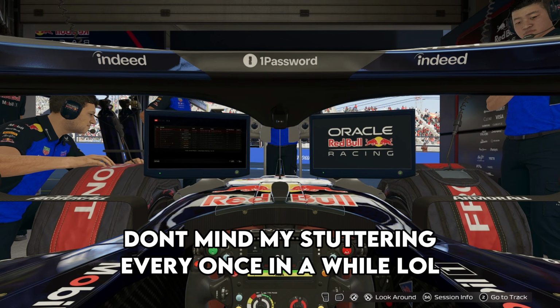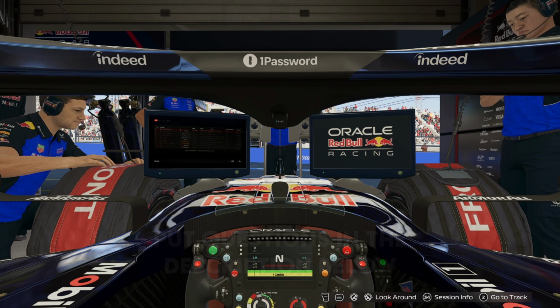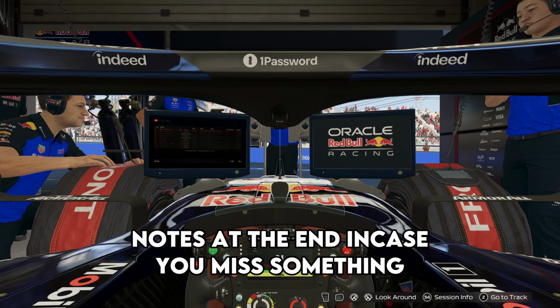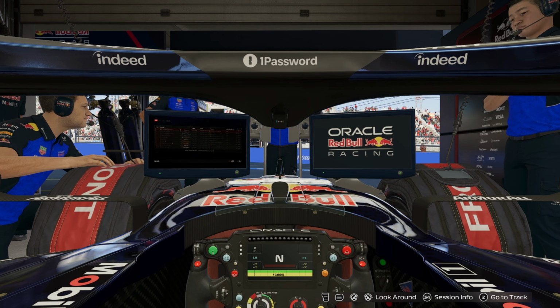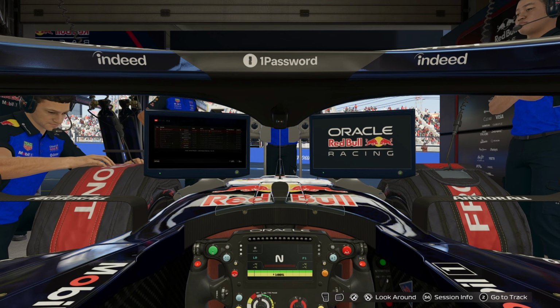Today, I'm going to be going through how to build fast setups on the new F126 cars. I'll explain what each setting changes, how it affects the car on track, and how you can also adjust setups to fit your own driving style. Then, at the end of the video, I'll do a hotlap so you can see how the setup actually performs